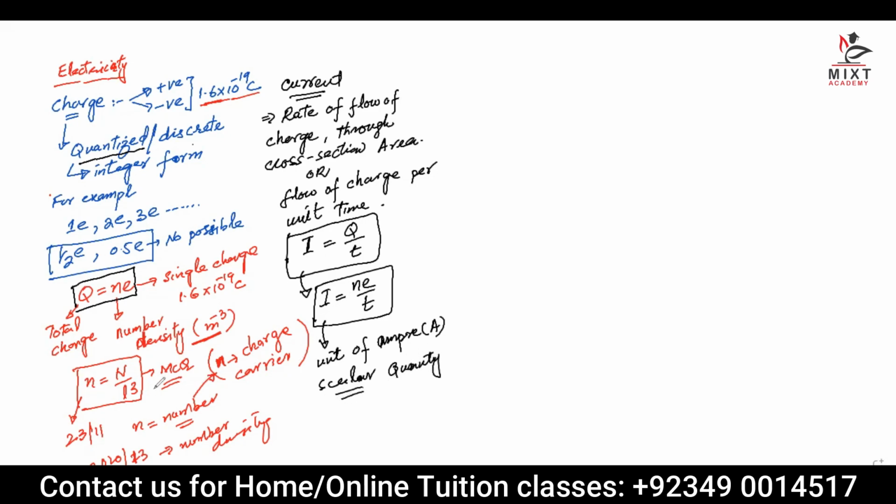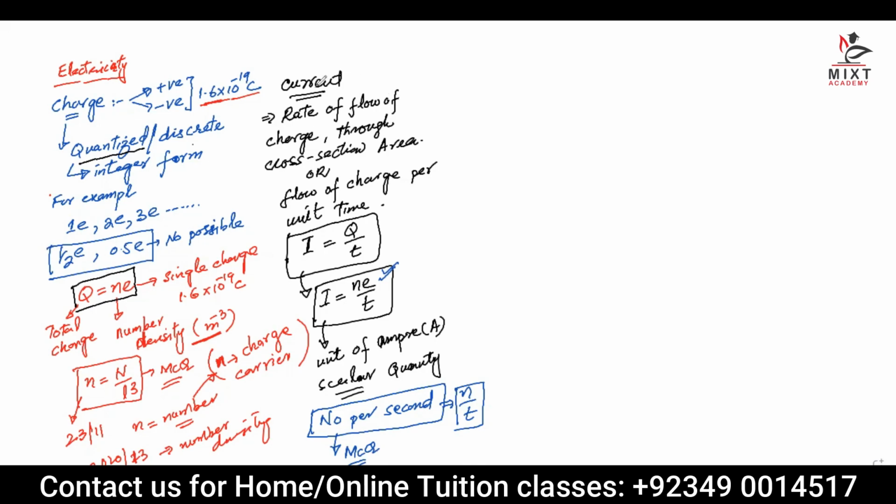Now, in one of the MCQs, I have seen that they give you the number per second. What do you mean by number per second? They give you the n by t value, okay? And the e value you will take from the formula sheet and then you will find the current. So this hint can come into the MCQ paper also.